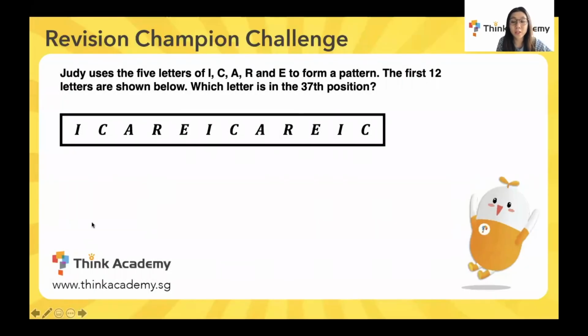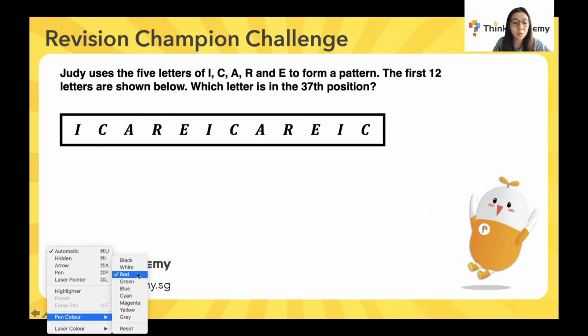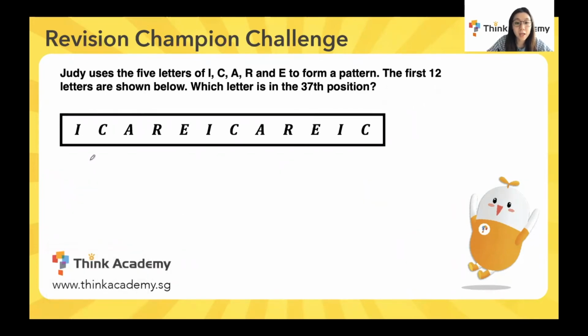Okay, for this question, we're going to read the question together. It says, Judy uses the 5 letters of I, C, A, R, and E to form a pattern. So the first 12 letters are shown below, and which letter is in the 37th position. So the first thing that teacher would do is to always look out for the pattern. Okay, so the pattern is as such, I, C, A, R, E, and then it goes on again, and there's another